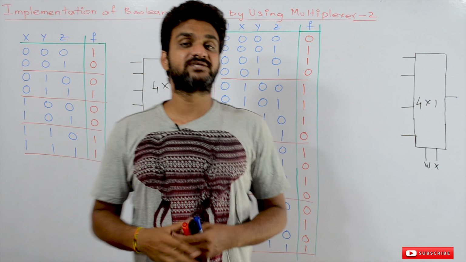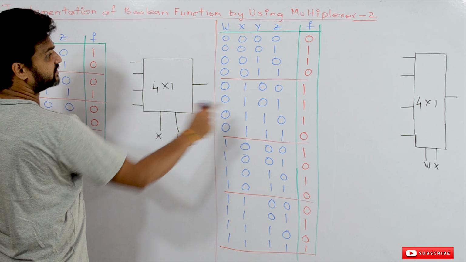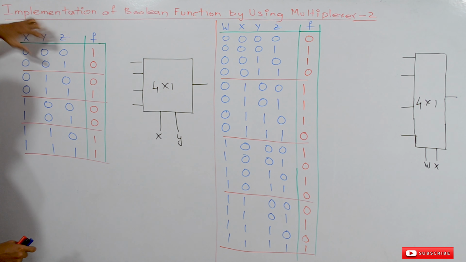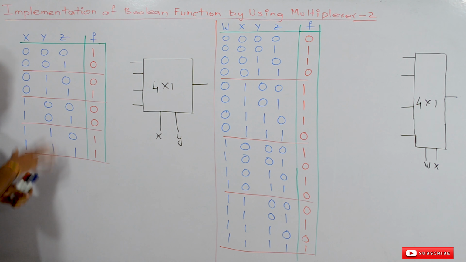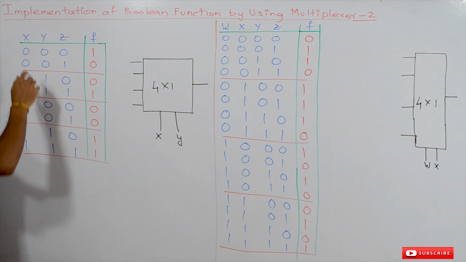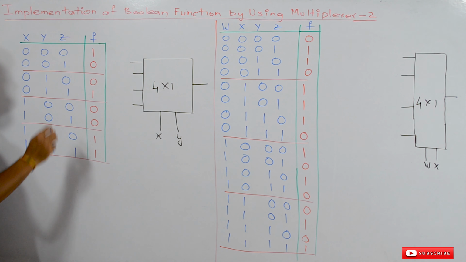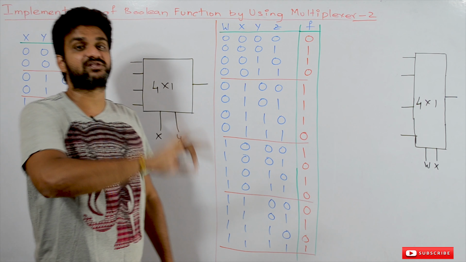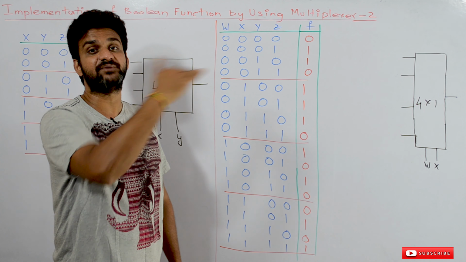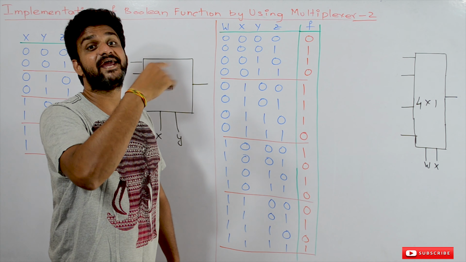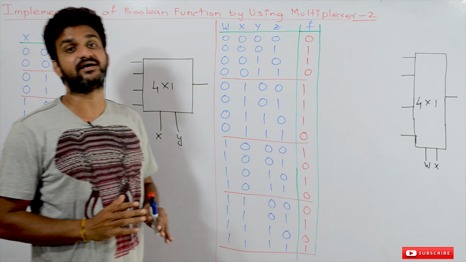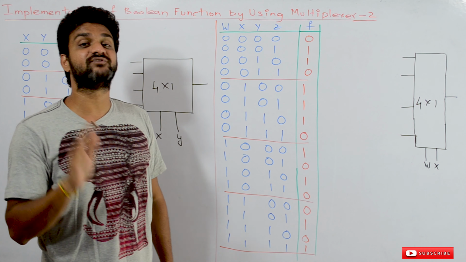Now coming to this class, we will try to implement these two functions. In our previous class, we have seen that whenever these kinds of functions are given and asked to implement on the multiplexer, here we are having three inputs, which means three select lines should be there for the multiplexer. If there are three select lines, how many input combinations are we going to have? 8 input combinations. So what is the size of the multiplexer that we have to take? It is an 8 by 1 multiplexer.